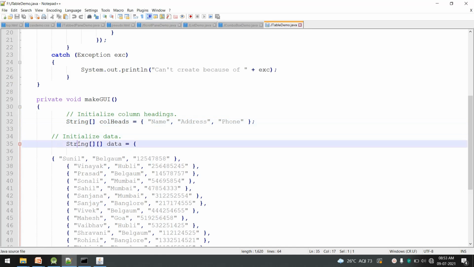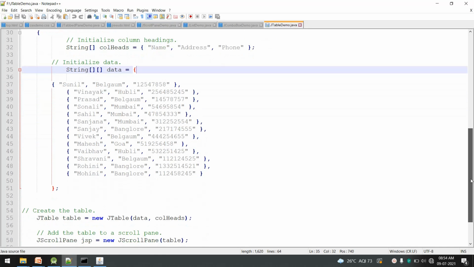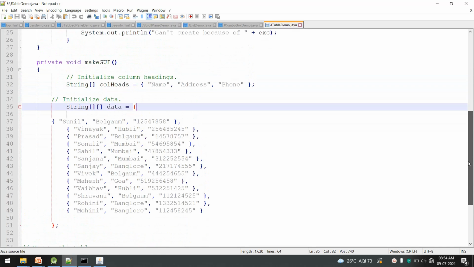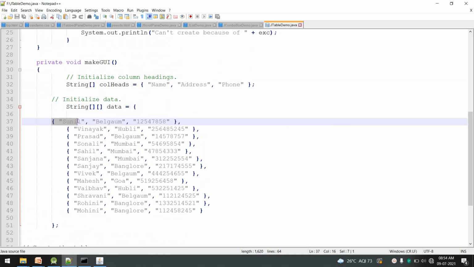Next we are creating a two-dimensional array. Two-dimensional array also you already know. How a two-dimensional array is created, you can see we have a main bracket open and at the end this bracket is closed when all the data closes, and inside that we have every row which we need in the table.